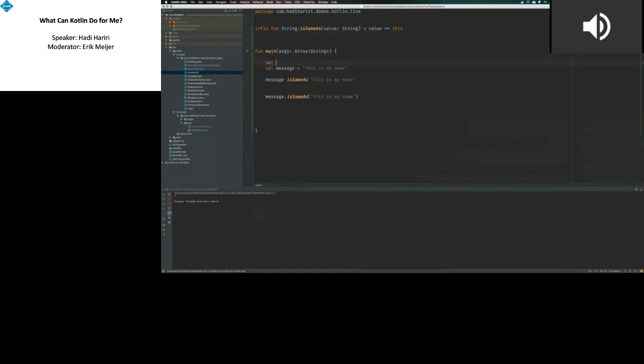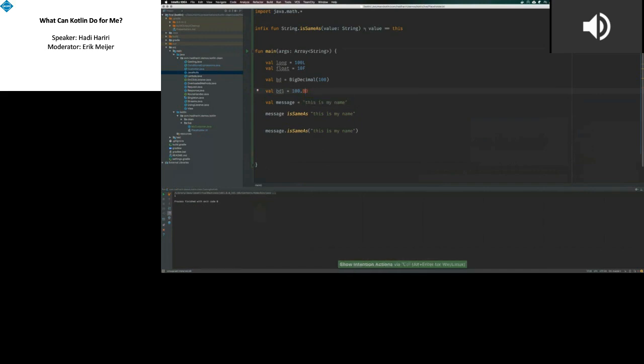So for instance, I can write a long, I can say 100L. I can write a float as 10F. I can write a big decimal as BigDecimal 100, which kind of sucks, right? I don't want to have to write BigDecimal. I would rather write val bd1 equals 100 bd or bd. I can't do that, but I can do the next best thing, which is add a dot, and then here